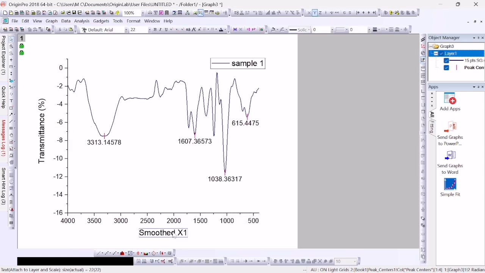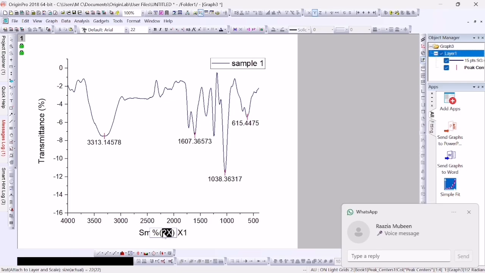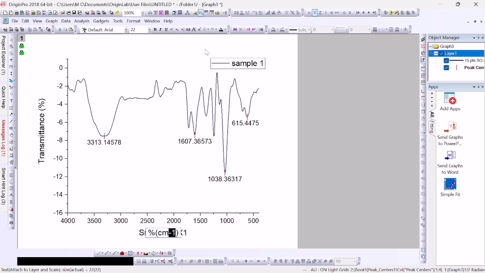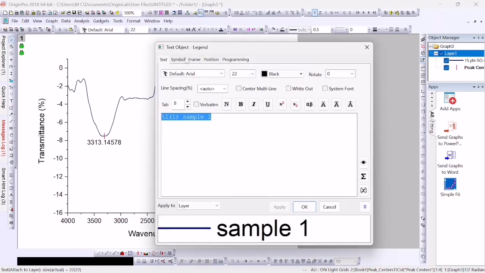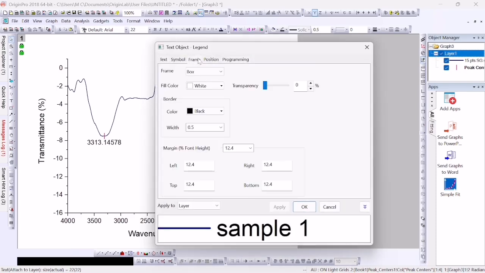On the x-axis you have to write wave number. You can remove this box or line by increasing its transparency. Frame transparency is 100%.